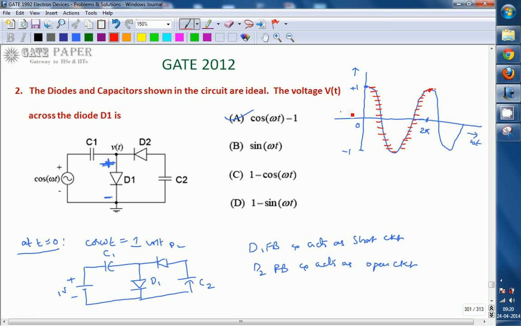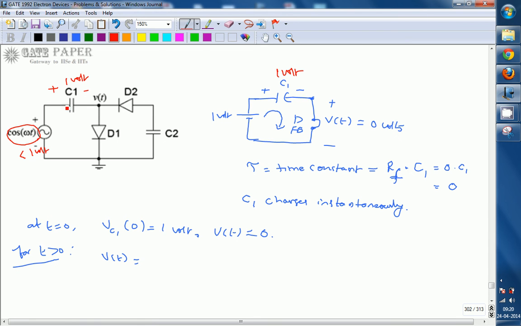So the maximum positive voltage you may apply is plus 1 volt only, and that is only for an instant at omega t equal to 2 pi. For all the time the value is going to be less than 1 only. Is that clear? For these red lines, cos omega ct is always less than 1, except at this point where omega t is 2 pi. So this cos omega t value is always less than 1, and here you have minus 1. The sum of these two is always going to yield v of t negative.